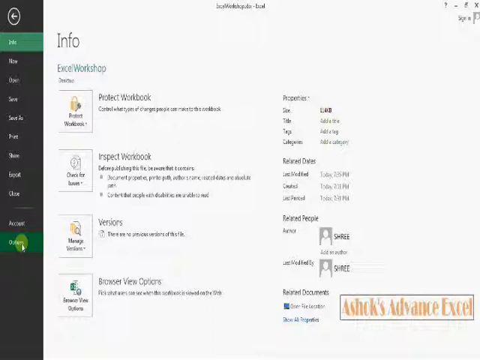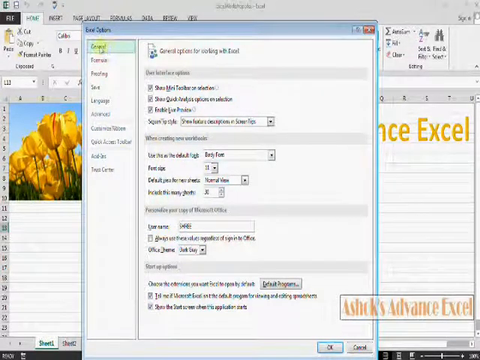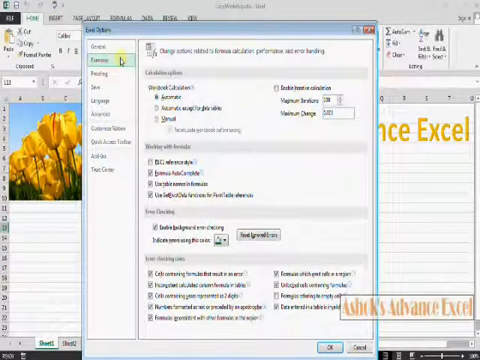So always take care. In Excel Options, the first tab is the General tab. We already worked on this tab, so we'll go for Formulas, and this tab is very sensitive. So many sensitive settings are here, so don't touch it. We will just skip it.